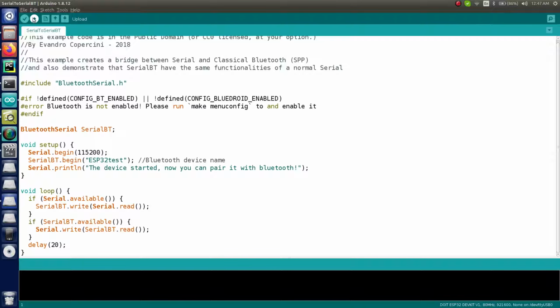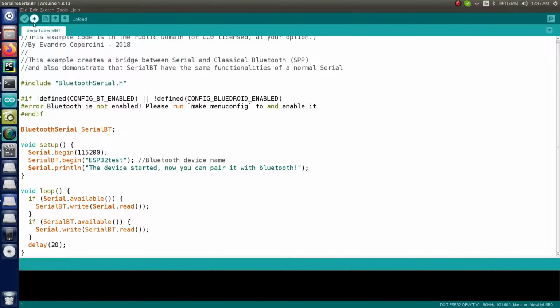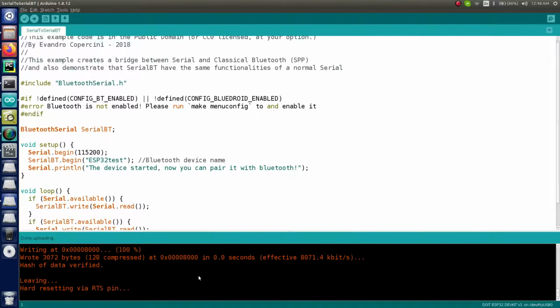So just click on upload and just upload this code into your ESP32. And because the ESP32 and the interfaced OLED display are already connected to my system, you can see in here inside Tools the port is already selected, so that's why I'm not connecting it again. So just click on upload and let it upload to your ESP32. So let it finish first. Alright, so the program is uploaded to my ESP32.